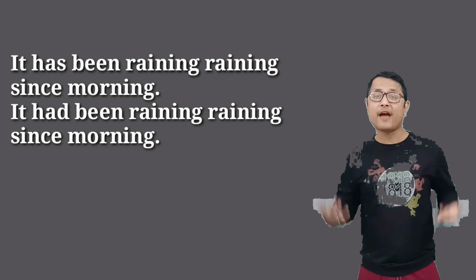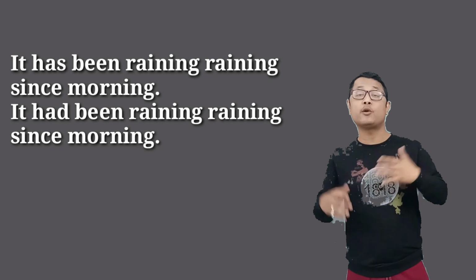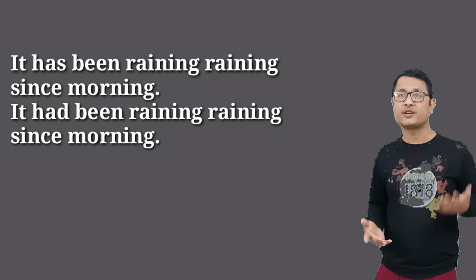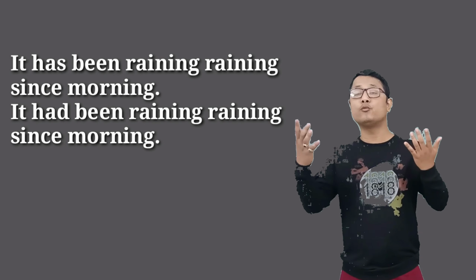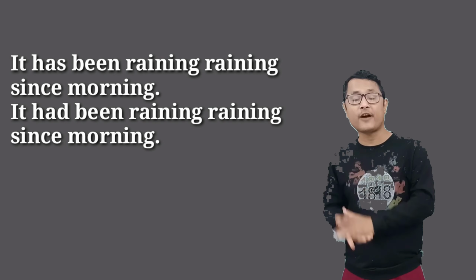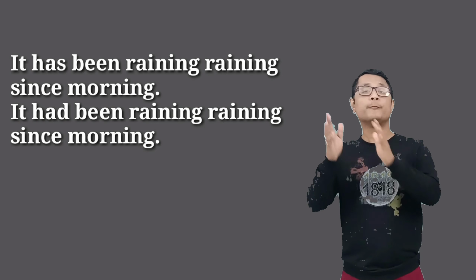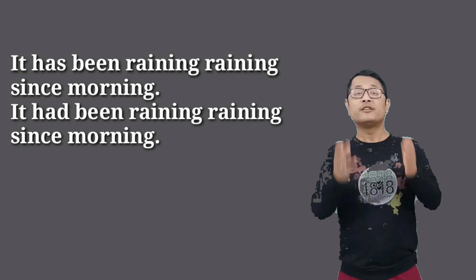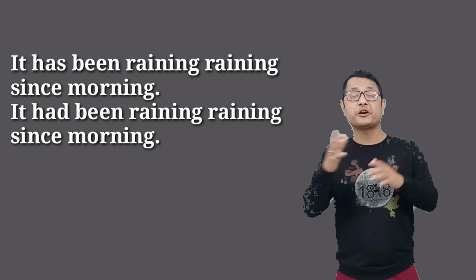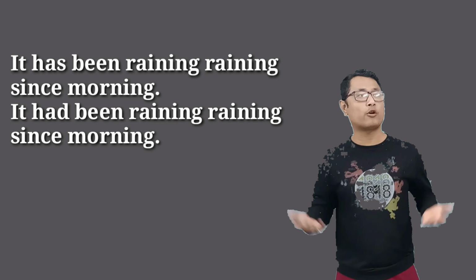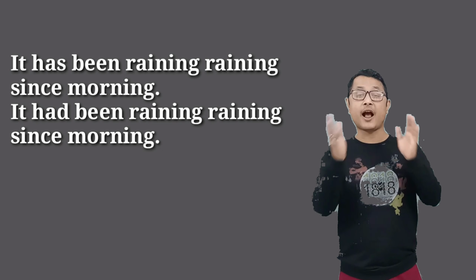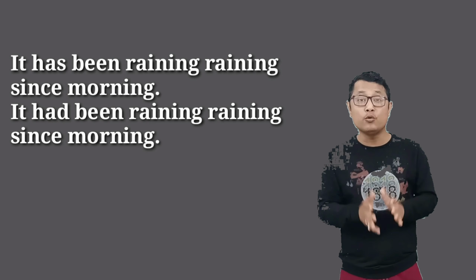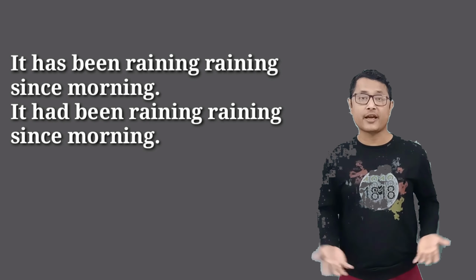Like that we have to speak different kinds of sentences in our daily life. I have been working in this company for 3 years. I have been working with this organization for 5 years. And like that we have to use different sentences in past perfect continuous tense as well. I had been working in that office for 3 years. Like that we can use different sentences in different tenses.